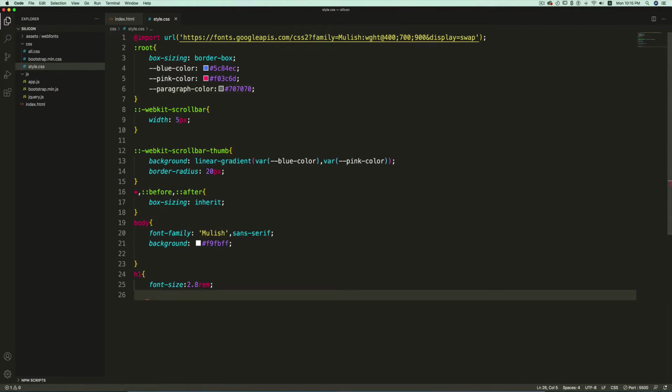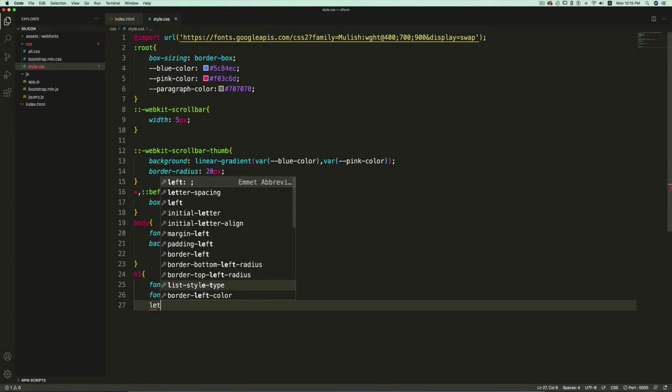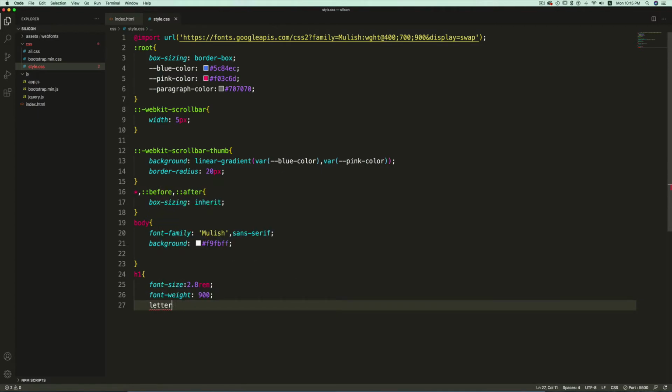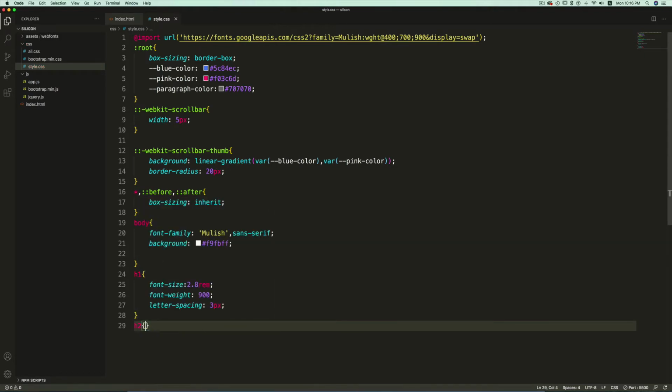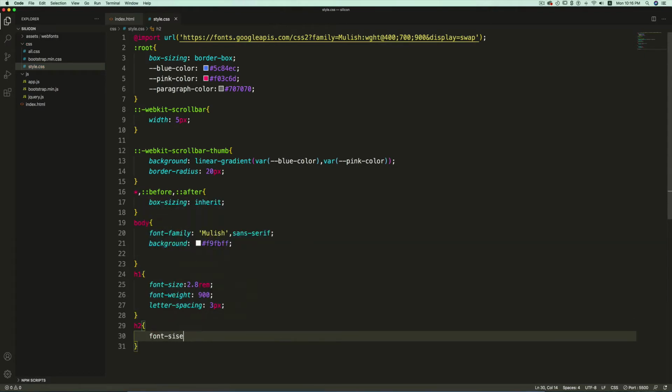After this H1, font weight will be 900, black one, and letter spacing will be 3 pixel. After this I'll target H2. The font size will be 1.75 rem.